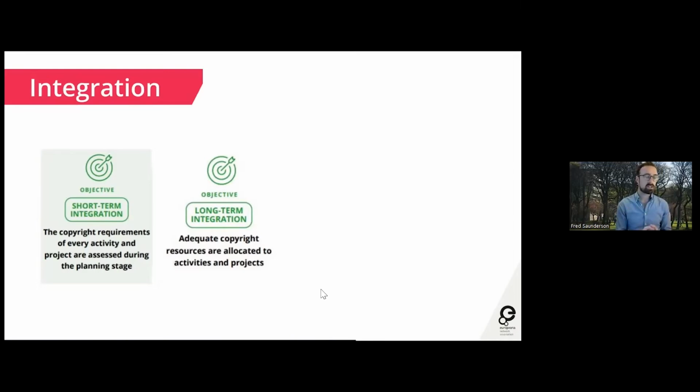So the short-term integration objective that we're recommending is to make sure that all of these activities and projects have copyright as a key stakeholder, as a key activity, as a key resource to think about at the very early planning stage, at the incubator stage. There might not be a lot of copyright activity. There might be none, really. It might be a very straightforward activity dealing with all public domain material, nothing much happening that involves copyright. And that's great, but it's important to think about it, much like many other resource implications are thought about in the planning stages of activities. So that's short-term integration.